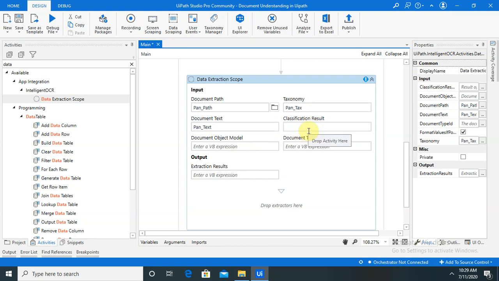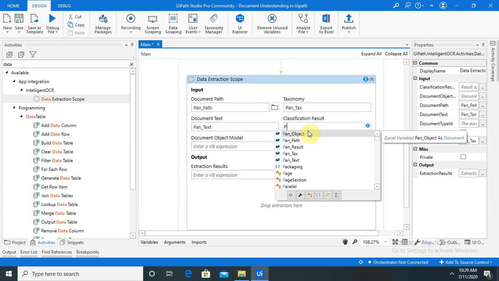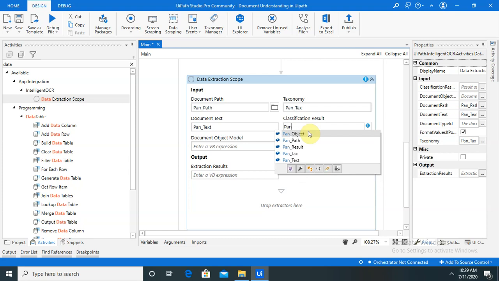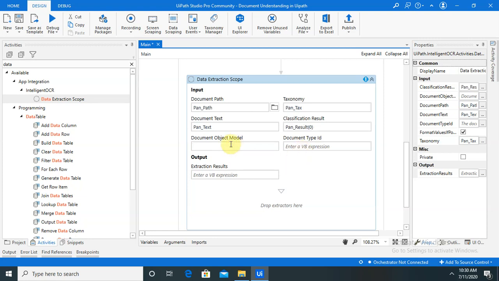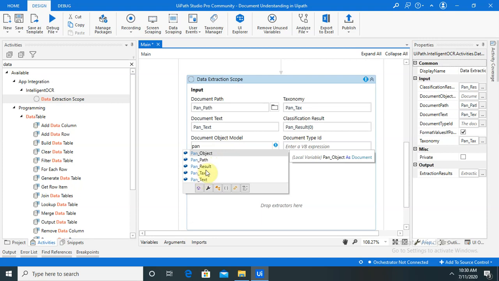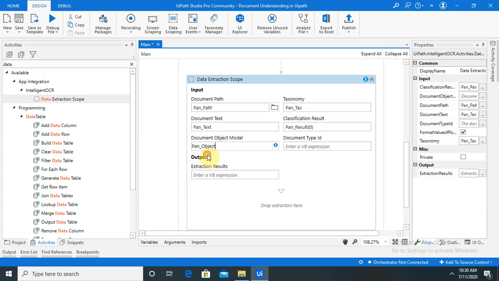So let's create the array here, PAN result, and we are initiating the array from 0. Document object model, we will use here PAN object. Not required.